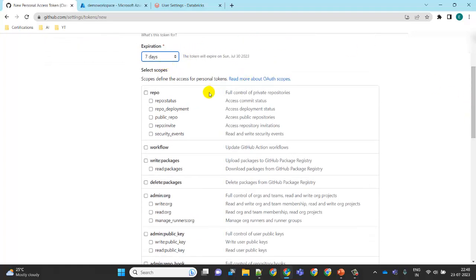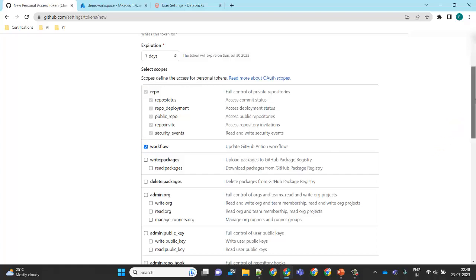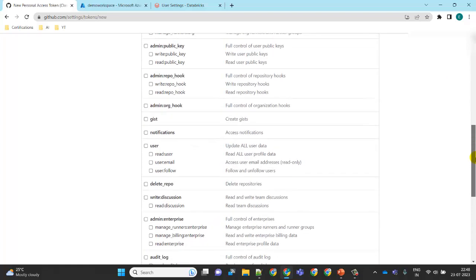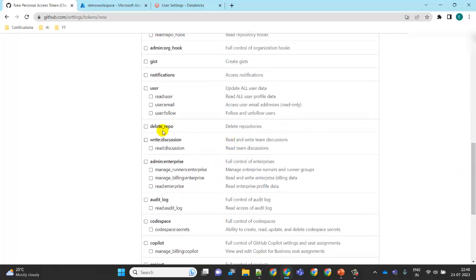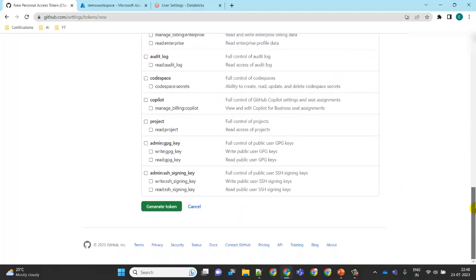Once you select this, we need to click on this repos. What we are doing, we are doing everything here, right? You can see full control of private repository access, commit status, deployment status, public. Whatever access rights you want to give to this specific token, you just need to select here, like update workflow. If you want to, you can use delete repository as well, but okay, I'll leave everything else as it is,